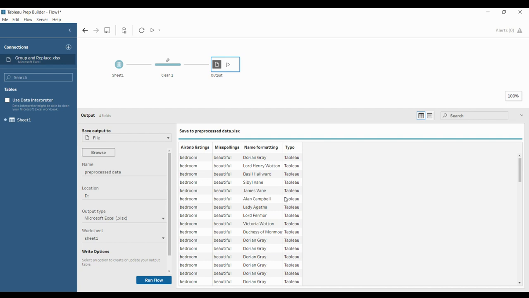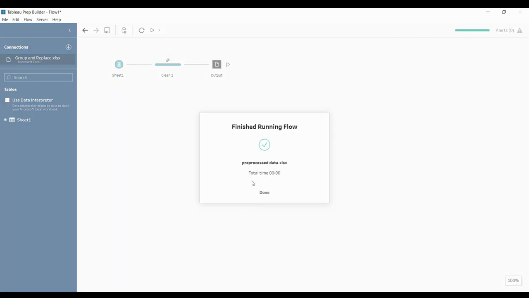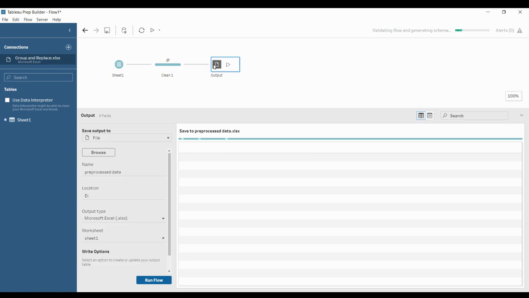Now I'm just going to show you how you can save it as a CSV file. Click here on the output type and change it to .csv.